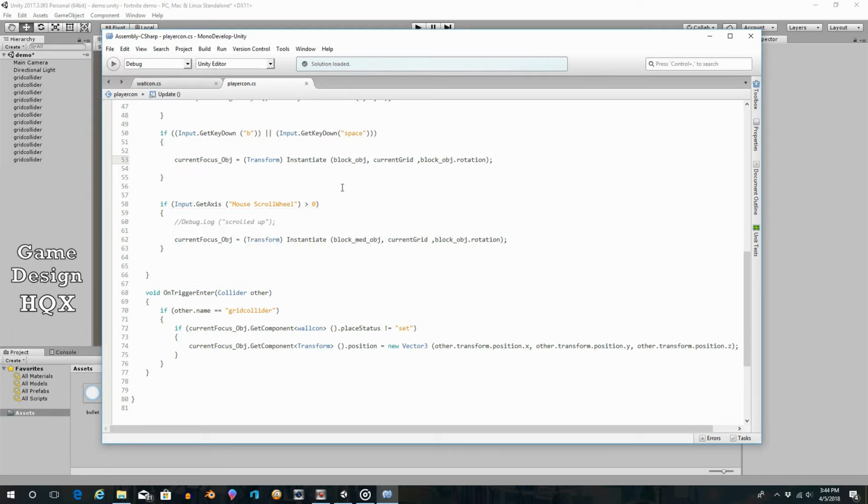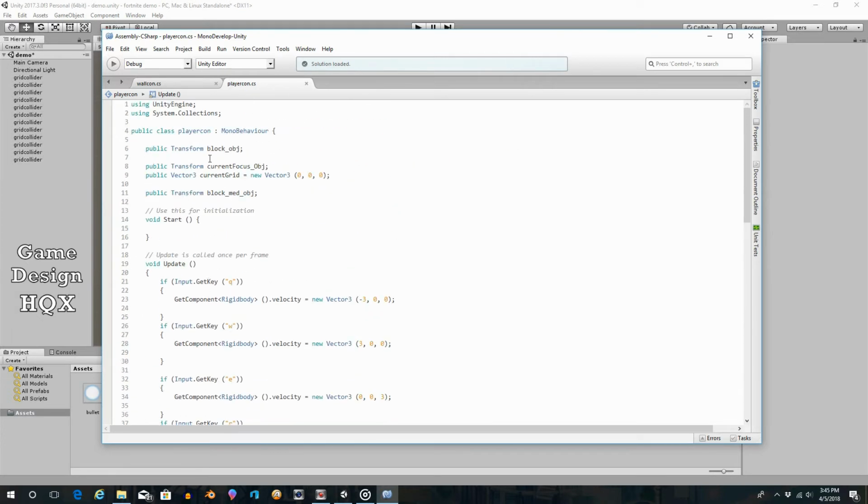So how are we going to do that? Well, we're not using the right mouse button, so let's go ahead and use the right mouse button. So we're already using the scroll wheel to cycle through size, because that's how you go from the full-size wall to like a third wall. The right mouse button we'll use to cycle through other objects. So what would that look like? Well, before we do that, we need to create a variable for that new object. So we're in player con script. It's a public transform. It is going to be the roof